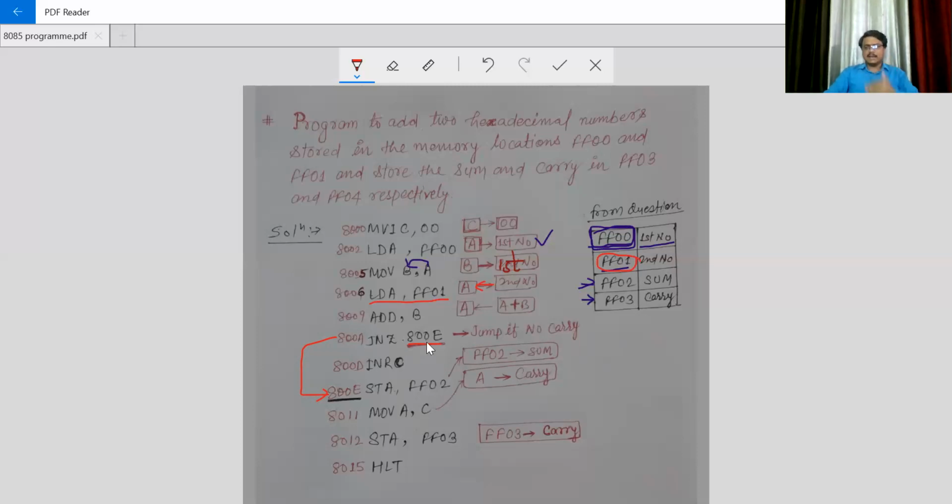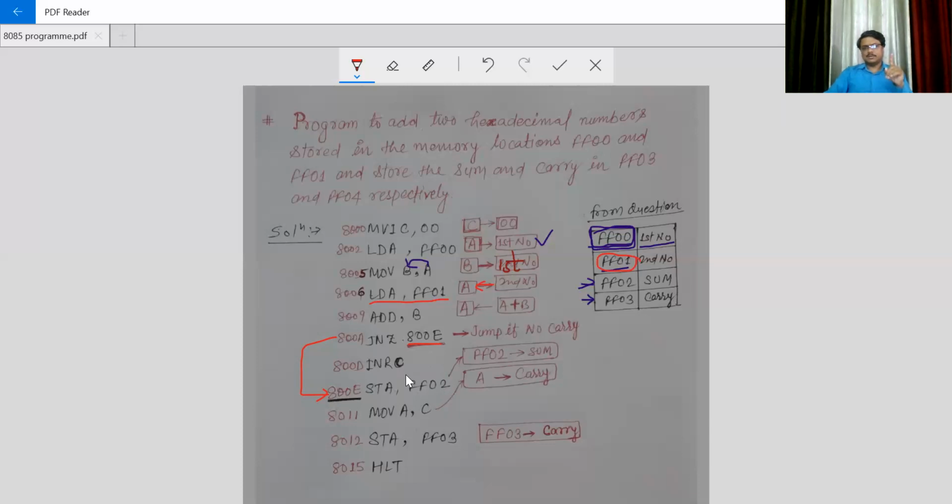If there is a carry, it will not jump, and it will come to this line, where we have written INR C. INR C means it will increment the content of C by 1.